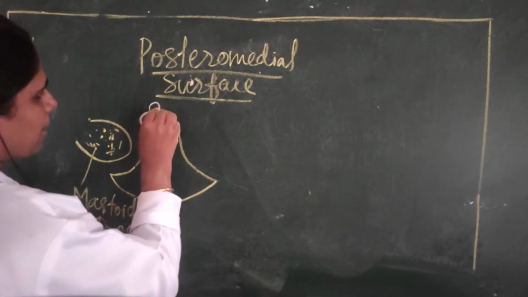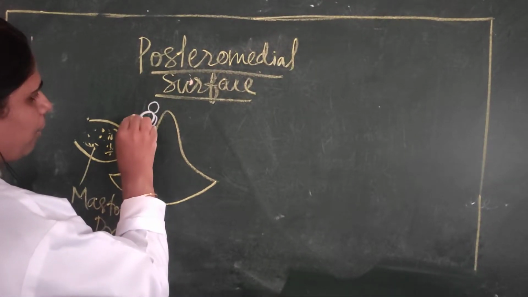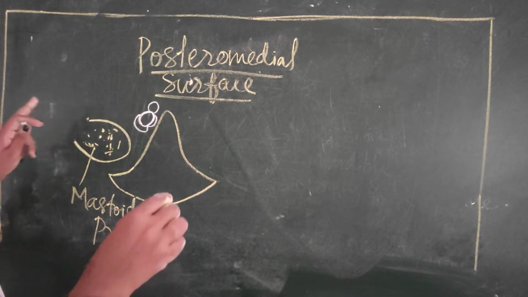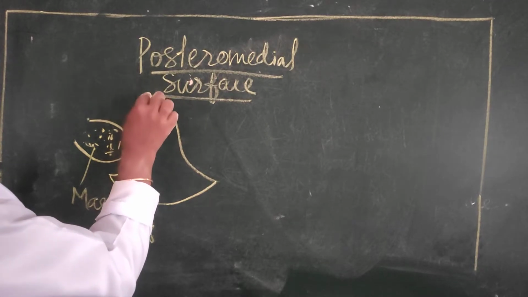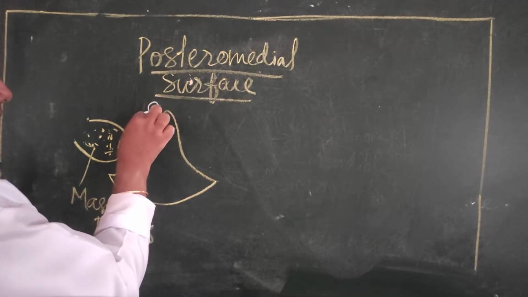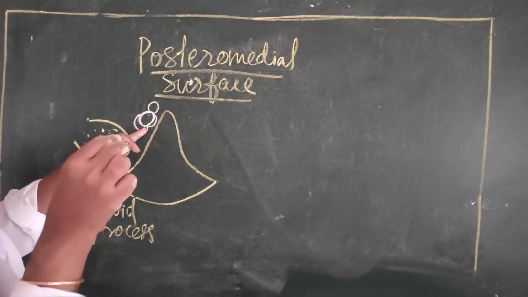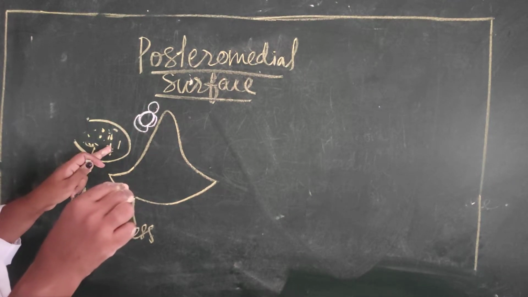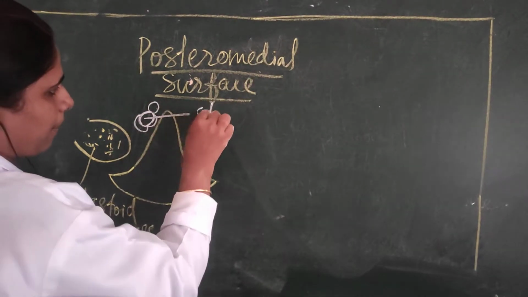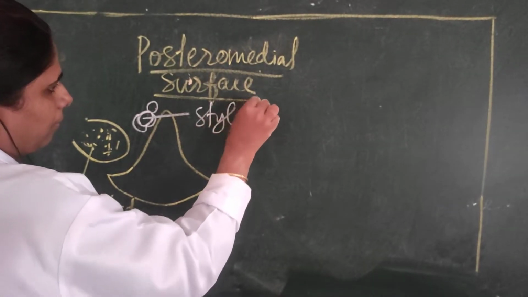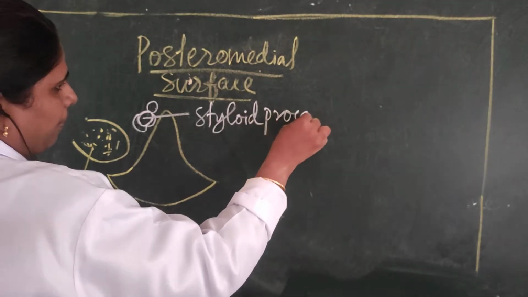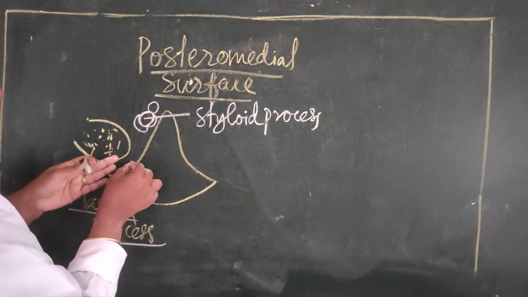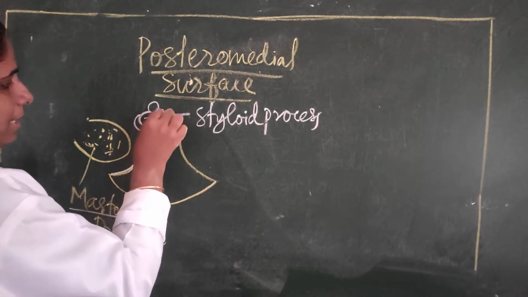The muscles attaching to the styloid process are styloglossus, stylopharyngeus and stylohyoid. The styloid process and mastoid process are the bony elements that come in direct contact with the posteromedial surface of the